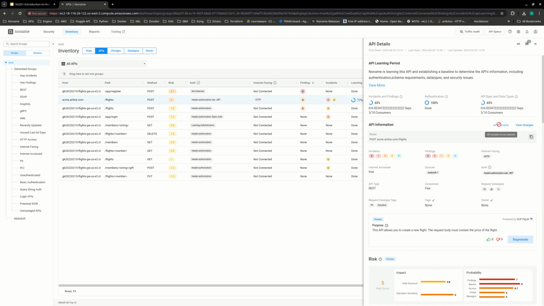API samples for this one. API samples are not yet collected because we're still learning the API. View changes. We're going to go under the changes pages in a second, and I'm going to show you what the view changes means, right? Okay. Now, before we go to the view changes and conclude this section, what I would like to do is